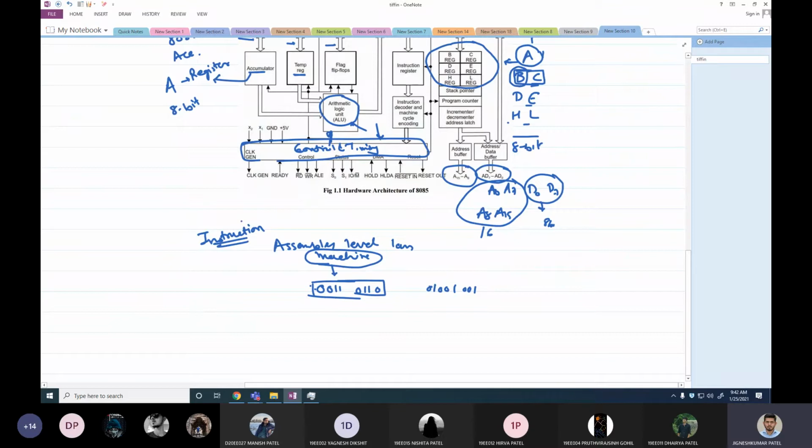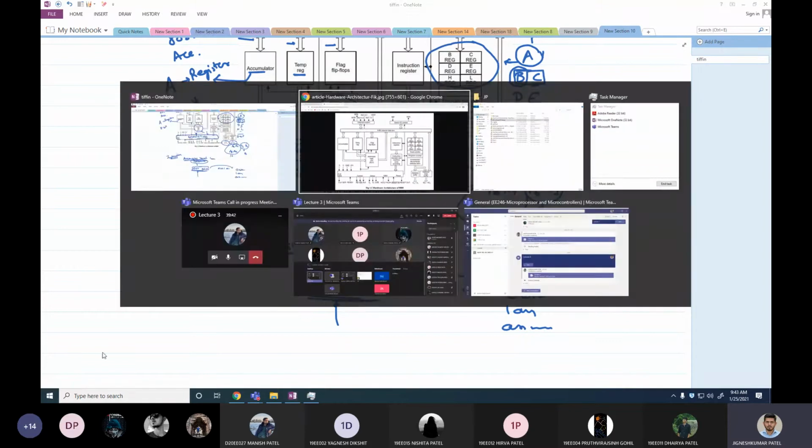So what we are going to do, this is a machine language, and to understand it we have developed one more language that is known as assembly level language. So for each of these machine language codes, we have our own mnemonic in assembly language. Okay, so how does this work? So let us see this.